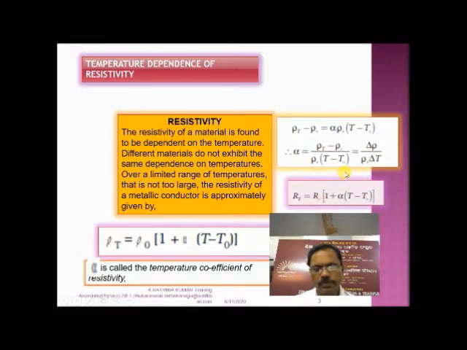At last, in case of the resistance, we can rewrite it as RT is equal to R naught into 1 plus alpha into T minus T naught. So T naught means at 0 time and T means at any time. Any time temperature. So T is a temperature here we are mentioning. So not time, it is a temperature.